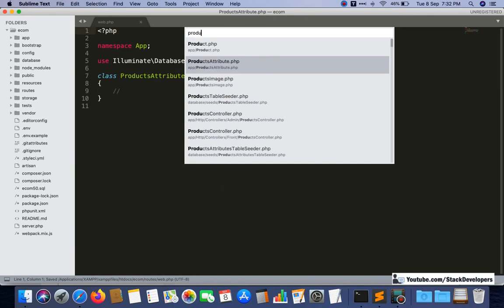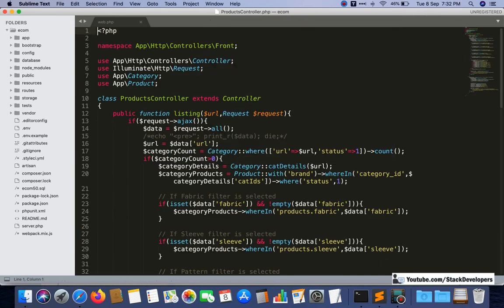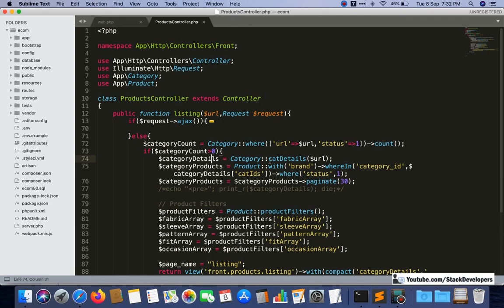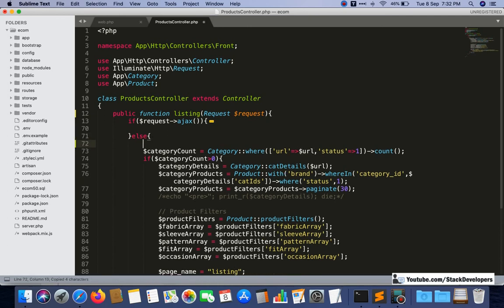So let's make some changes in listing here. In the Ajax part we need not do anything. The Ajax part is for our filters, and in the else part we are going to do this: we need to remove the URL from the parameter. Now URL will not come like this, and we are going to pick the URL from the address bar itself.